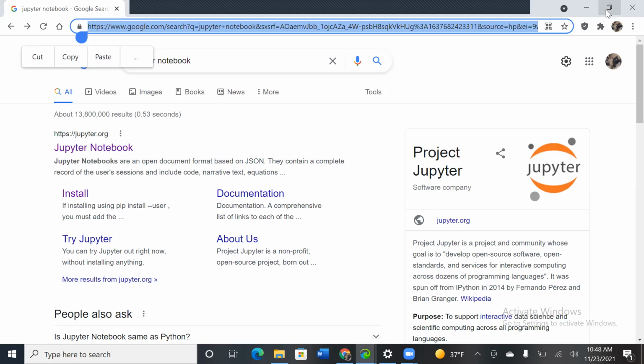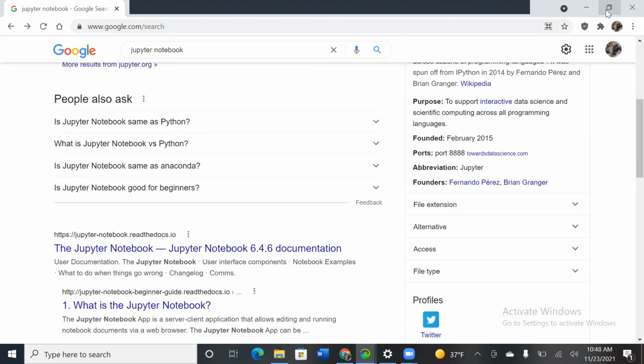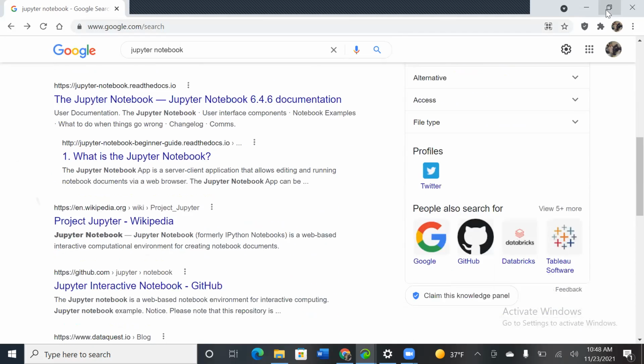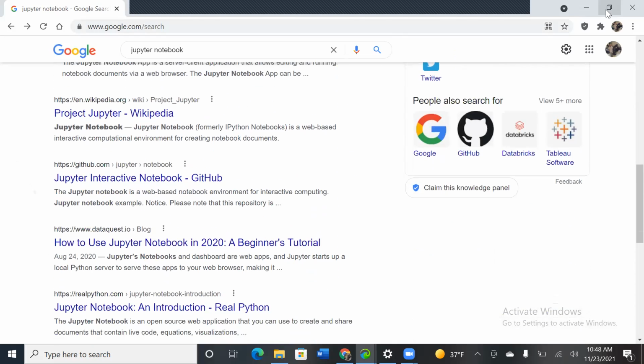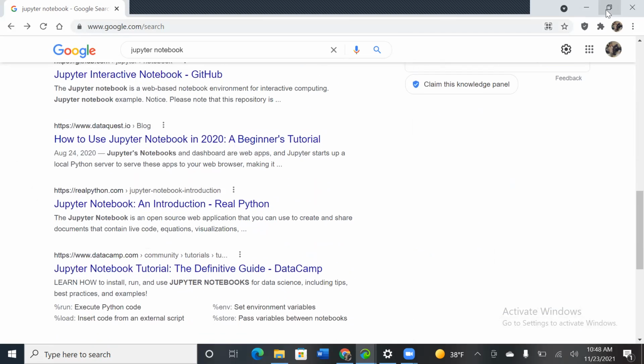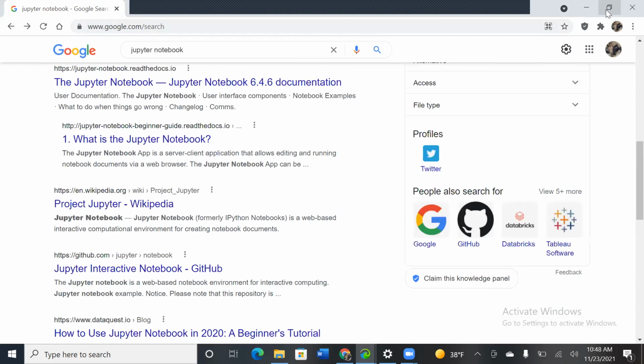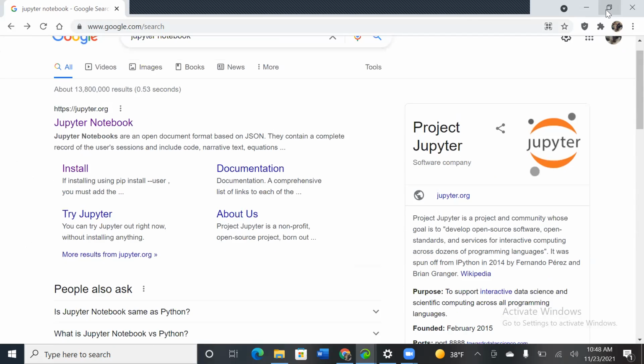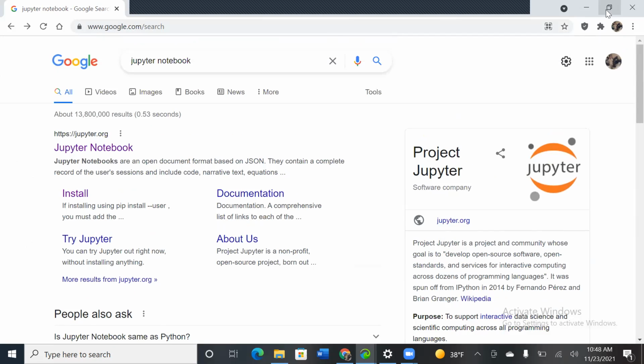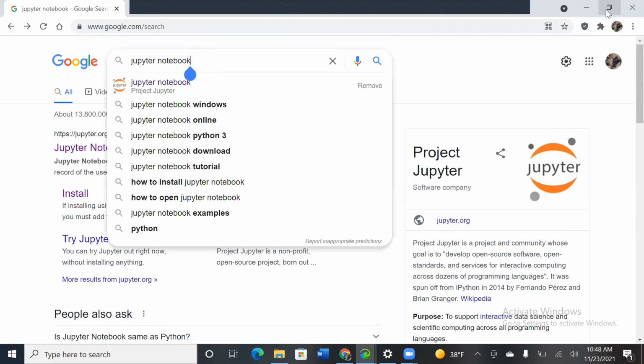Now scroll down here. No, scroll up. Search for Jupyter notebook download. Just search it here on the search bar, Jupyter notebook Windows, the second one, right?